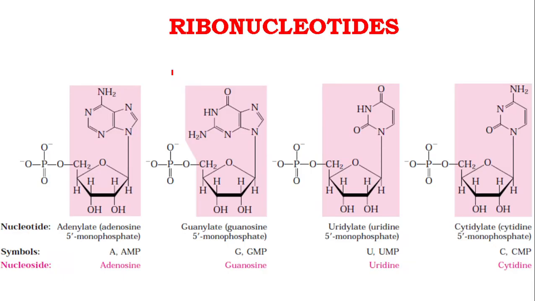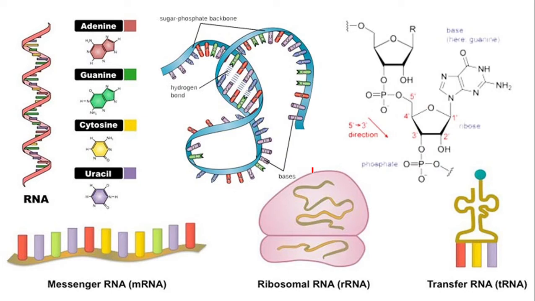And which are the different ribonucleotides? You know it, all of these are in the form of their monophosphates. Adenosine monophosphate, guanosine monophosphate, uridine monophosphate, etc. are there. And you know that there are different types of RNA. You have heard about messenger RNA, the RNA which is carrying the genetic information from the DNA to the polypeptide chain. From the DNA, RNA is produced by a process called transcription.